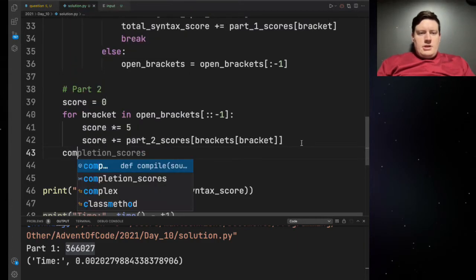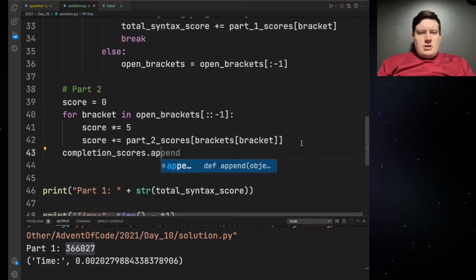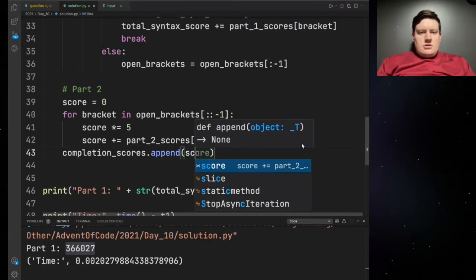And then we do completion scores dot append score,